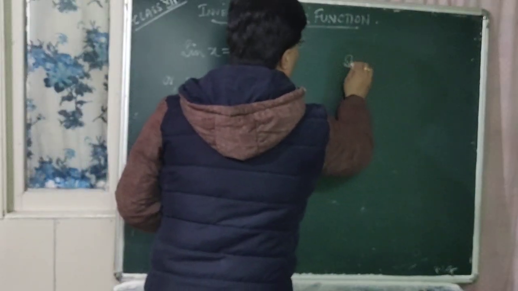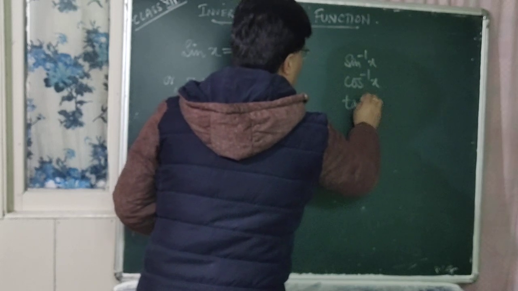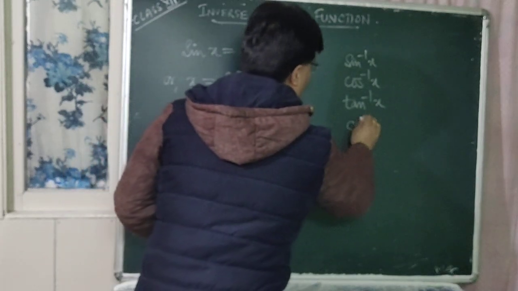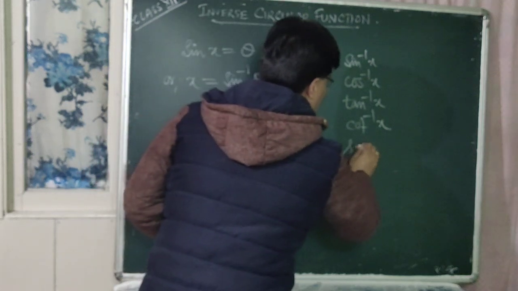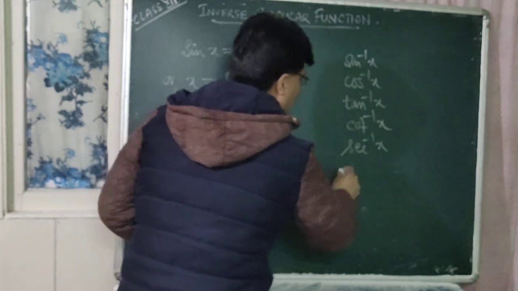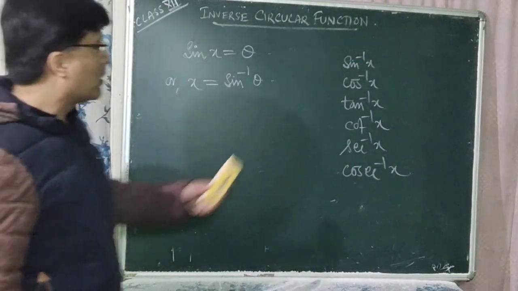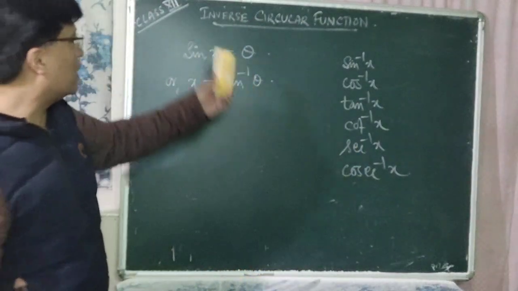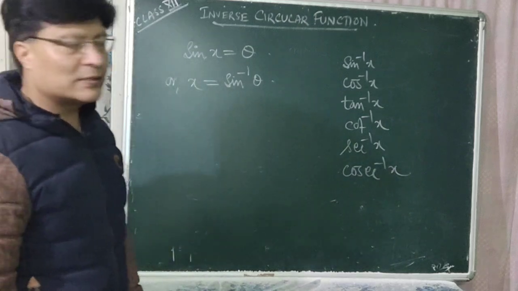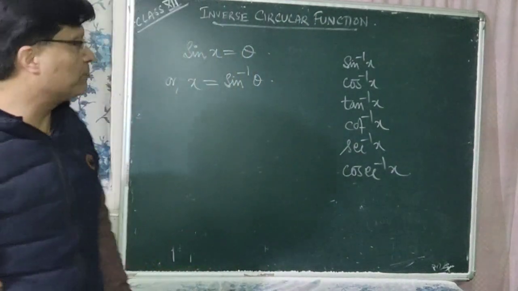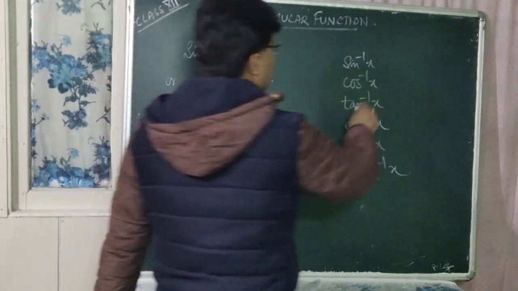That is sin inverse x, cos inverse x, tan inverse x, cot inverse x, sec inverse x and cosec inverse x. All these types of functions are known as inverse circular functions. Now let us derive some formulae. One thing: you cannot write this sin inverse x as